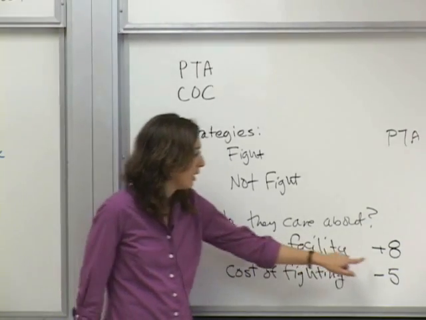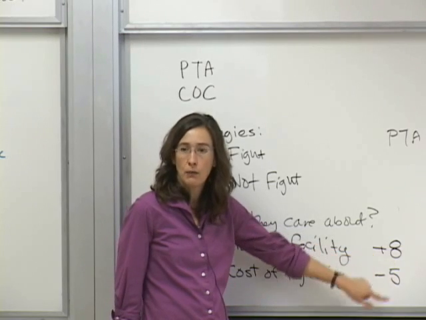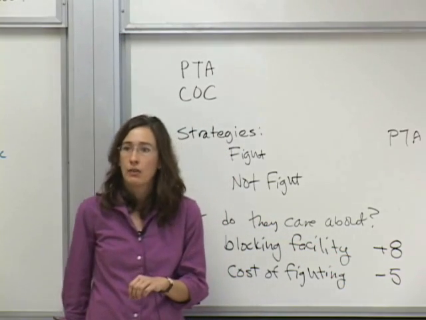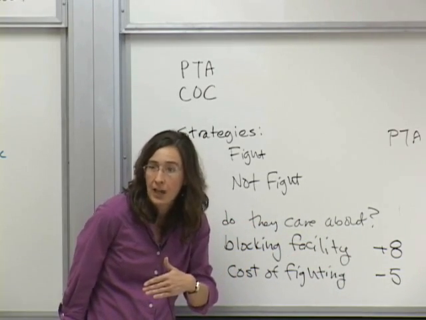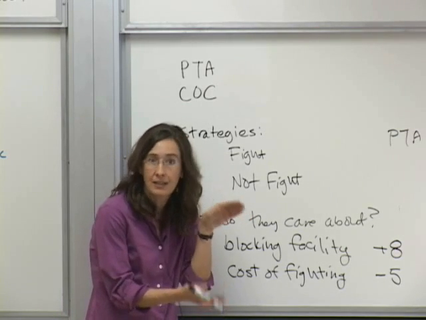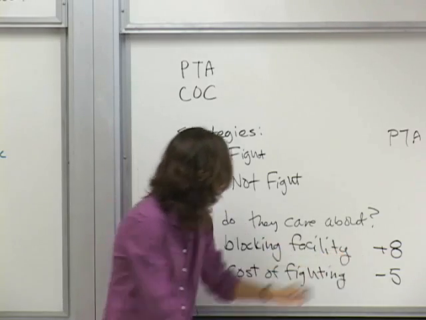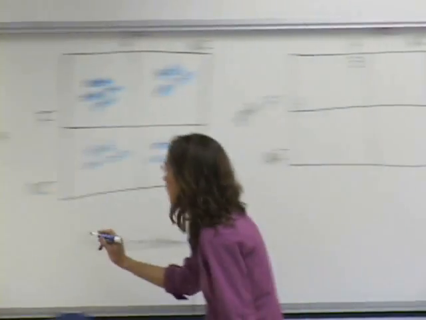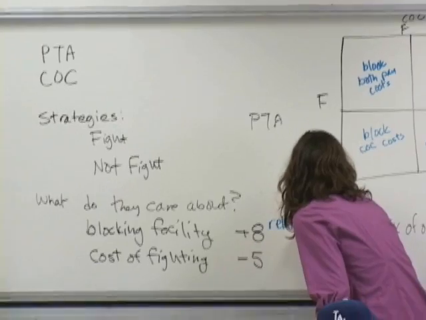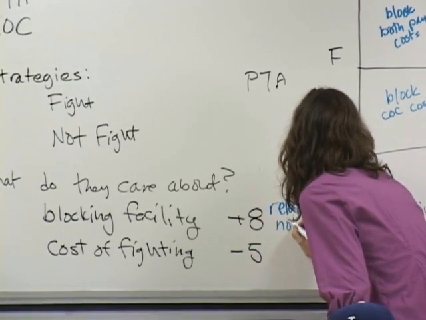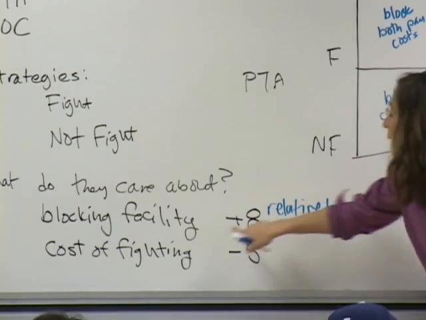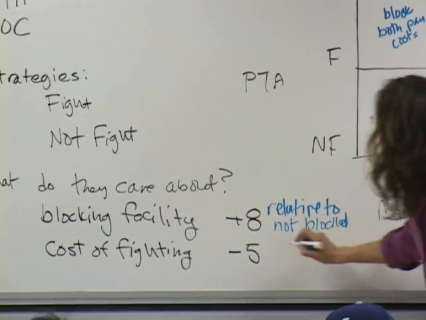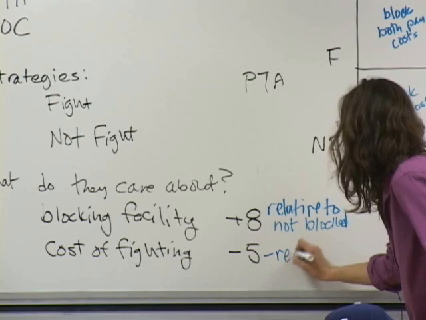Okay. If you don't have the center blocked, you don't get the plus 8. And if you don't fight, you don't get the minus 5. That's our 0. Okay. You don't subtract off 8 if the center is not blocked, okay? Because that would be saying that the value of blocking the center would actually be 16, okay? So it's just plus 8, relative to the center not being blocked, okay? The center not being blocked has 0 effect. Blocking the facility gives you 8 more than what the center gives you. This is relative